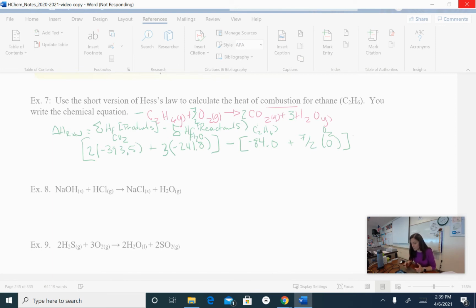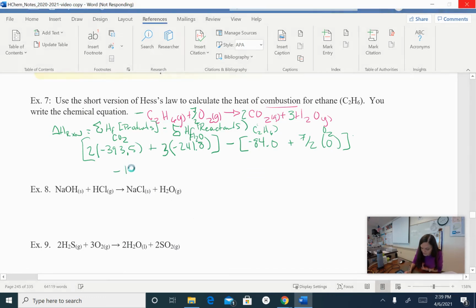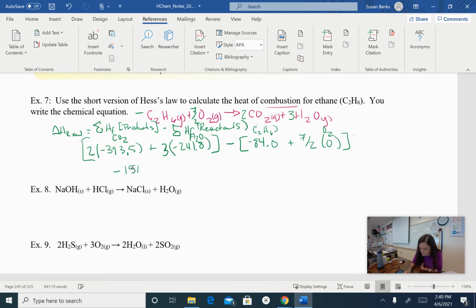Okay, and notice on my reactant side, I just have 84. But when I do a negative of a negative, it becomes a positive. So I'm going to have negative 1512.4 kilojoules here. Negative of a negative is a positive, plus 84.0 kilojoules here, because 7/2 times 0 is still 0. So when I add that up,